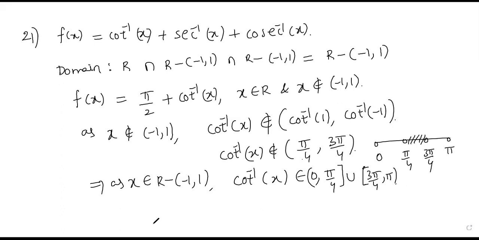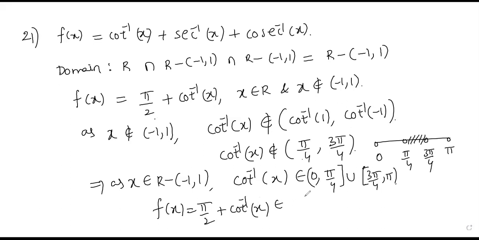Okay. So now adding pi by 2, because to get the range of f of x, what is the f of x range? Pi by 2 plus cot inverse x. So just add pi by 2. Okay, so f of x is equal to pi by 2 plus cot inverse x, which belongs to, just add